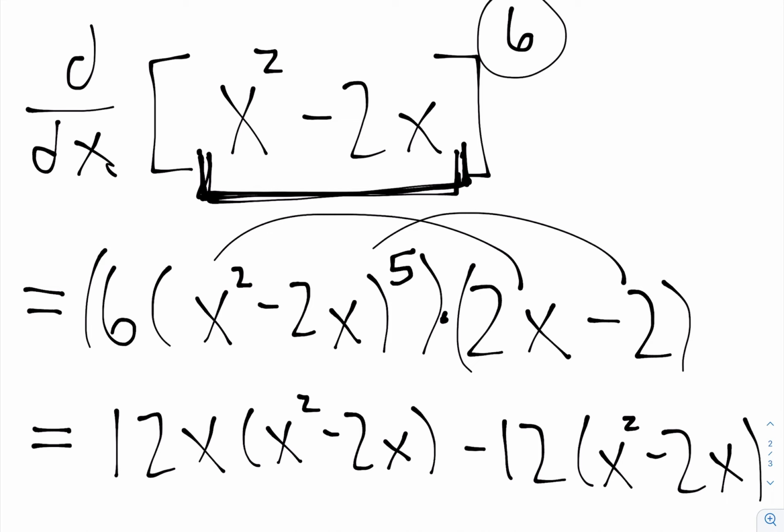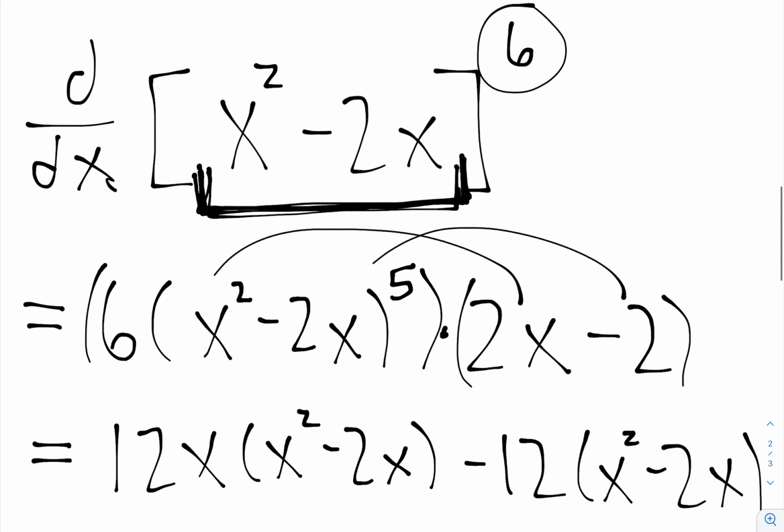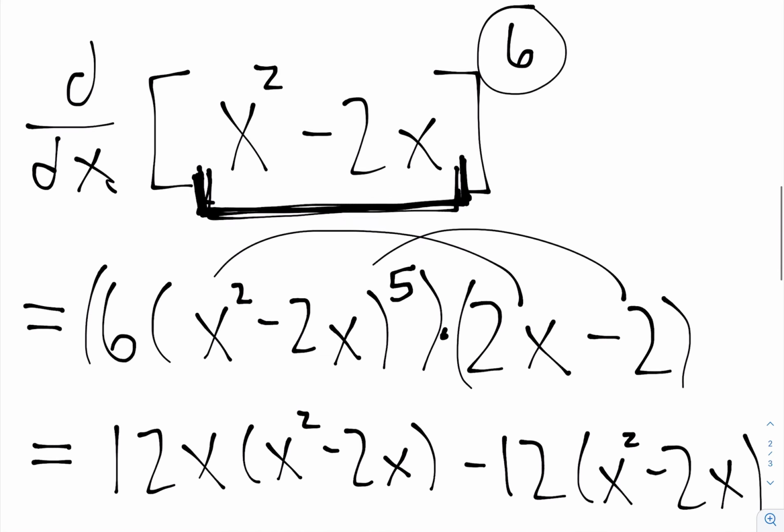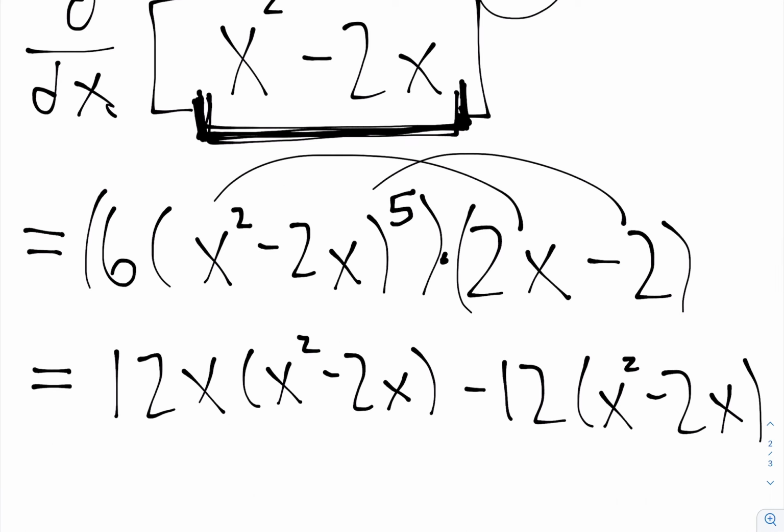So the chain rule is a really quick way of seeing a function that you're differentiating and recognizing that there's a function inside that's being raised to the power of something, or you're composing a function, and you can differentiate it as if the inside was one thing, and then you multiply it by the derivative of the